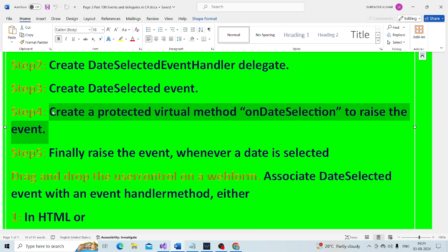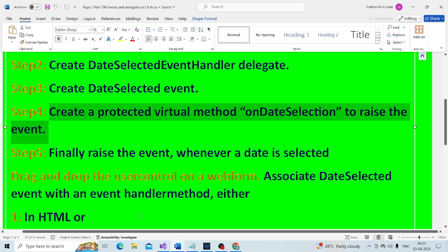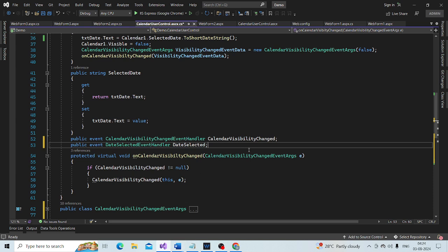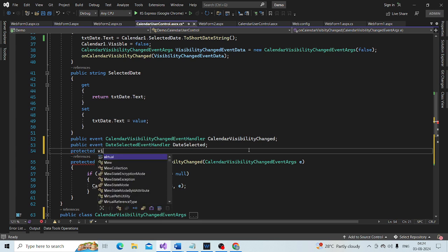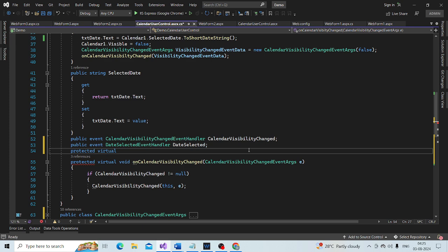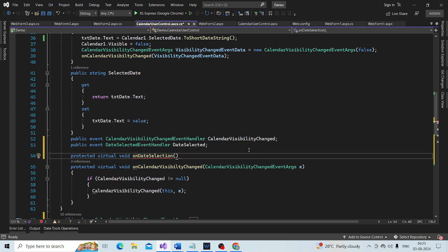I am going to create a protected virtual void method, and I am going to call this method on date selection.